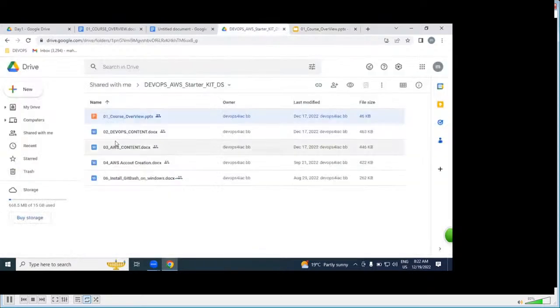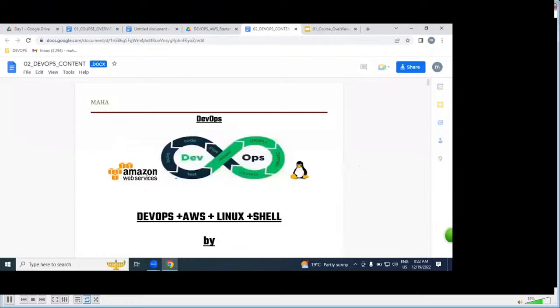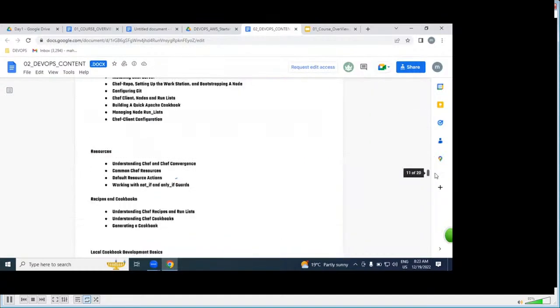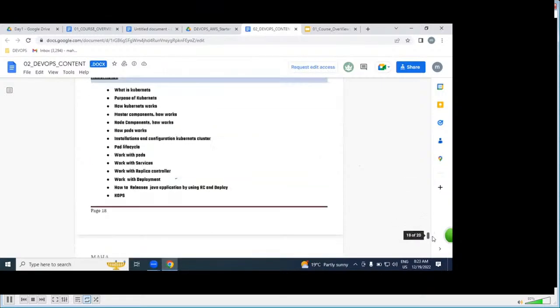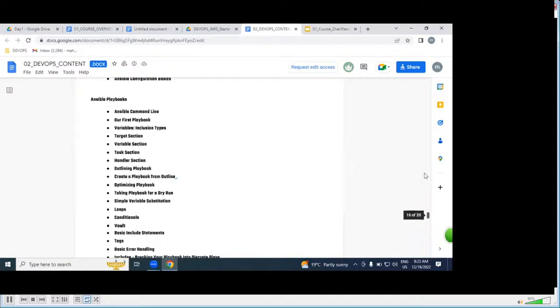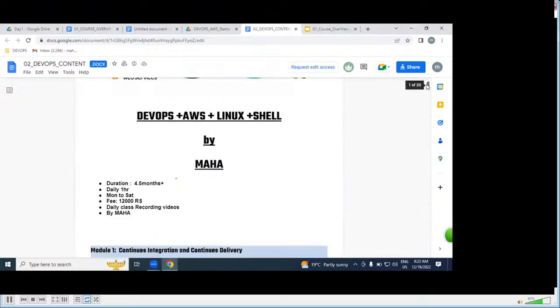The next document is DevOps content. What exactly we are going to be discussing in DevOps, please look at once. It is around 20 pages of DevOps content.